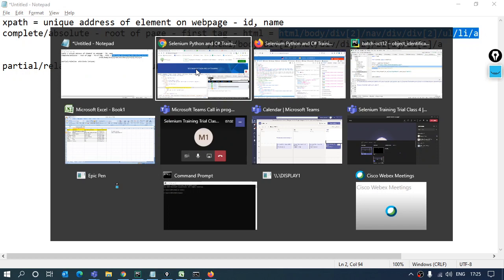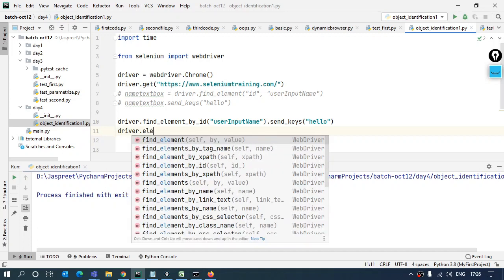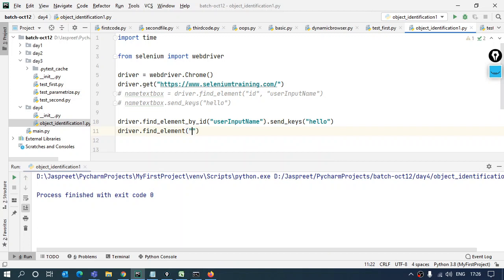For this I'll go back to my page where my code is written. I can use two functions. Either I can use the generic one, which is find element. Over here I have to give the attribute which I'm using, XPath, and I have to specify the value like this, right? I can do that. There is no harm in doing this.